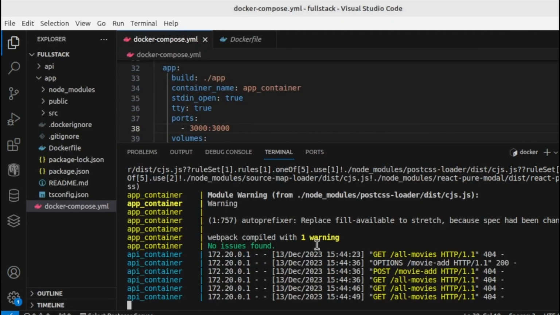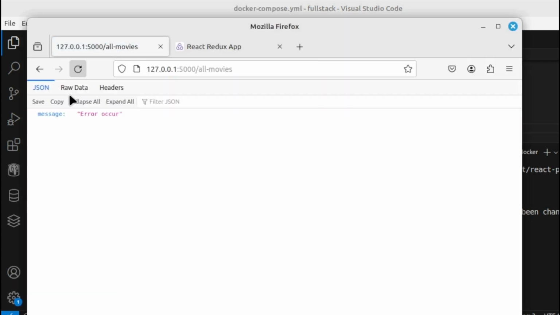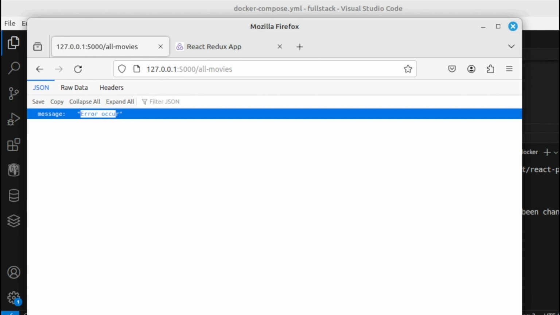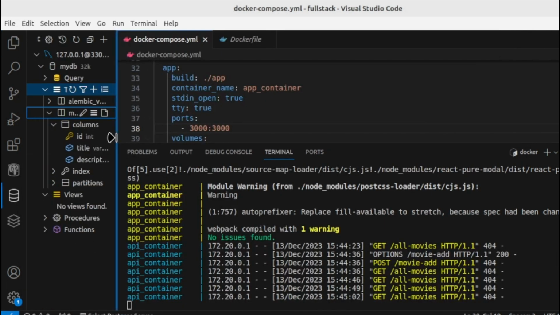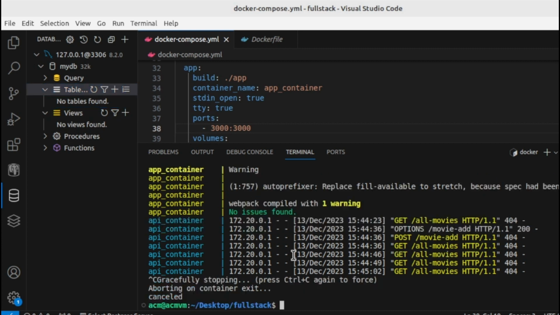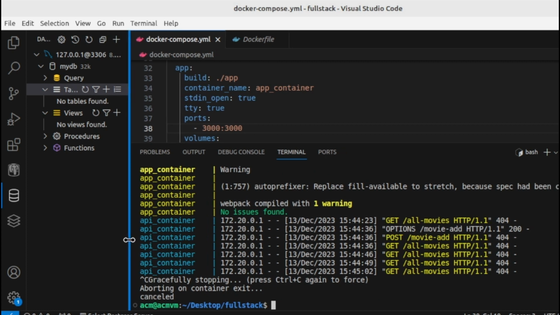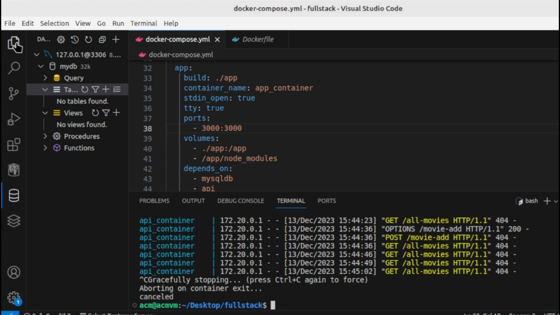So possibly the creation of the MySQL is not enough. Notice here, it happened because the database or the table did not get created successfully. See? Now to solve this issue, at first I need to cancel this one. Okay? So to fix this one, I'm going to increase the time within that